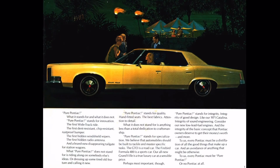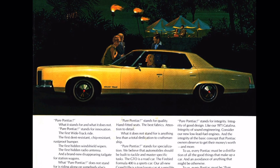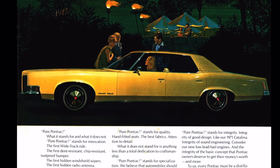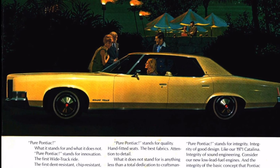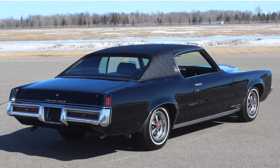However, as the 1970s approached, Pontiac planners as well as leadership wanted something different. They noticed a trend that more and more buyers were pushing into the luxury class, and within the luxury class, buyers were also purchasing more and more expensive vehicles. Pontiac certainly had the Bonneville, which was its range-topping family car, as well as the Grand Prix, which was its range-topping personal luxury coupe. However, product planners wanted something that would help Pontiac push even higher into the luxury class,